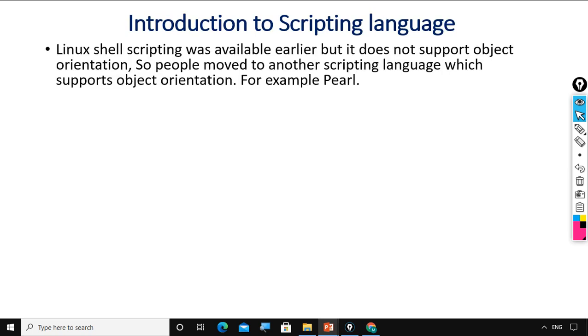Linux shell scripting was available earlier, but it does not support object orientation. So people moved to another scripting language which supports object orientation, for example, Perl. Here we need to understand the languages which make use of principles of object oriented programming system or object oriented